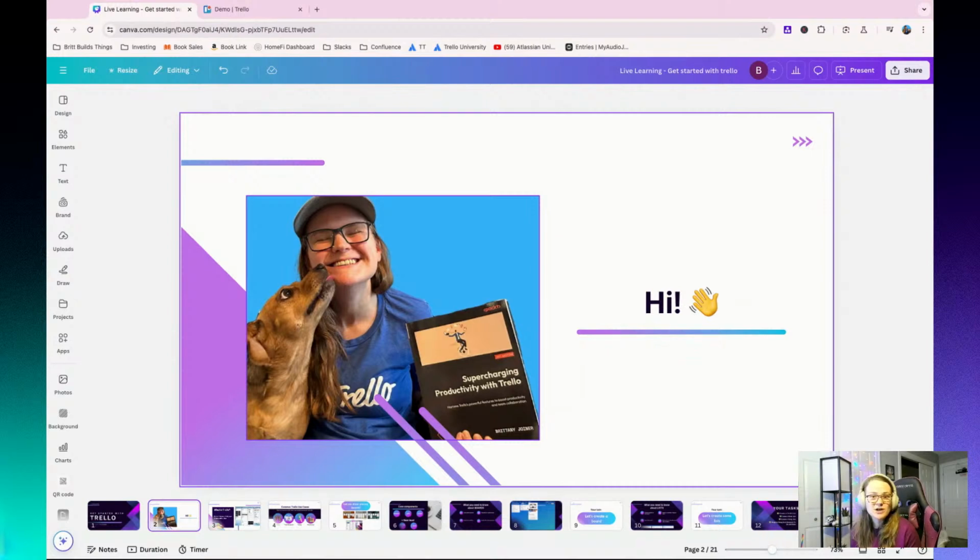I've also been using other Atlassian tools, not nearly as long, but a little bit with Jira and Confluence and Loom now as well. So I've got a little bit of the stack going here, but I'm really obsessed with Trello. I discovered it when I was working at a marketing agency while I was in university, and it completely changed some of the workflows for things we were doing with our clients. And I was like, this is really cool. And then I kind of tucked that away. And when I went back to school, I was like, wait a minute, I have a lot of other things that I need to organize here.